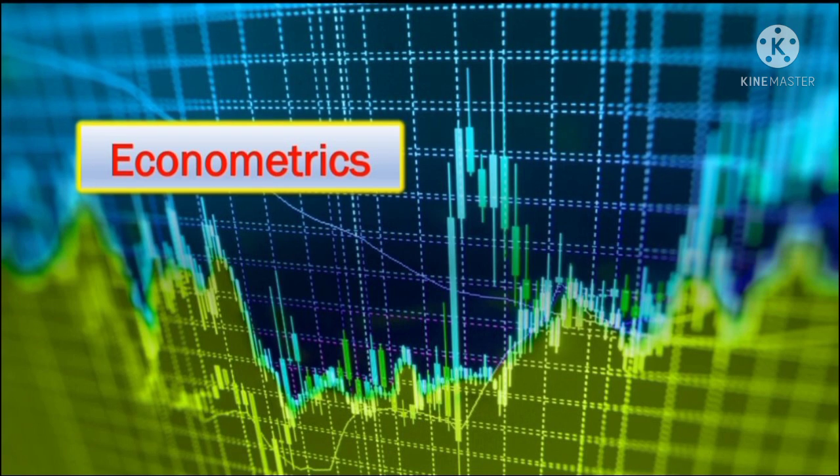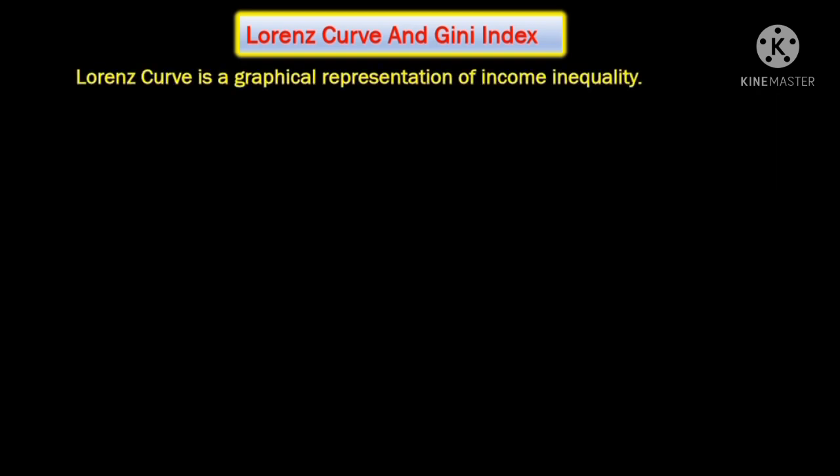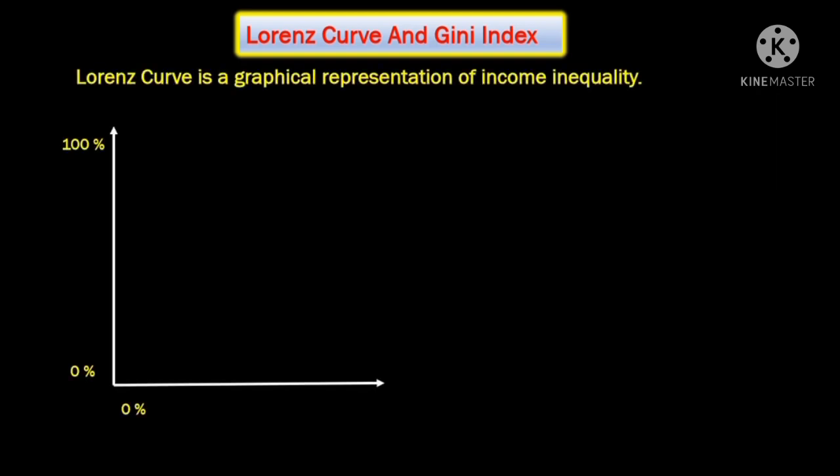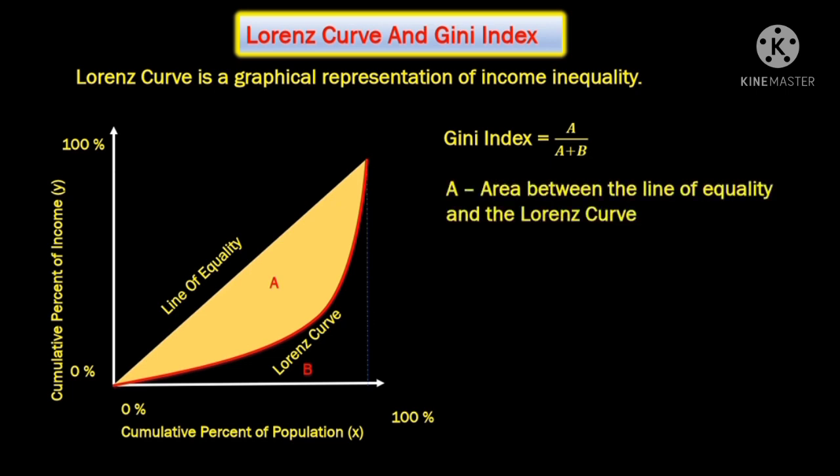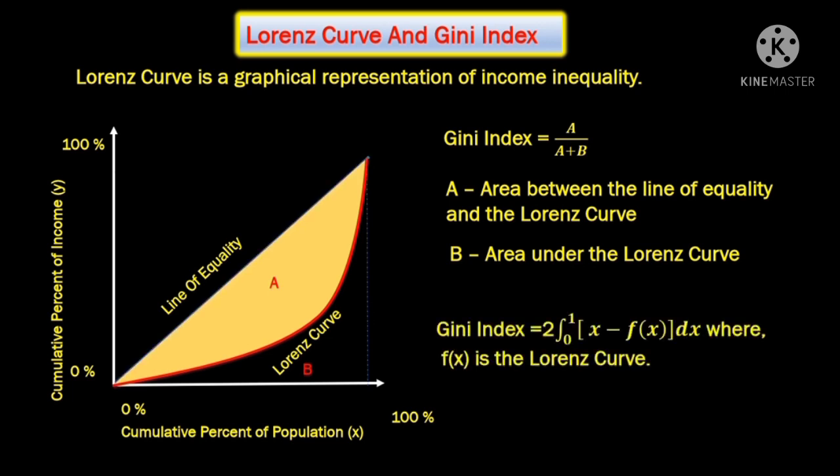So friends, here is the Lorenz curve, which graphically represents the inequality in wealth or any other system. It plots the cumulative income against cumulative population. Now we can measure this inequality using a very useful index called the Gini index. It is calculated as the ratio of the area between the perfect equality line and the Lorenz curve to the total area under the equality line. And friends, because we have area under graph, integration definitely comes into play, and the Gini index is given by